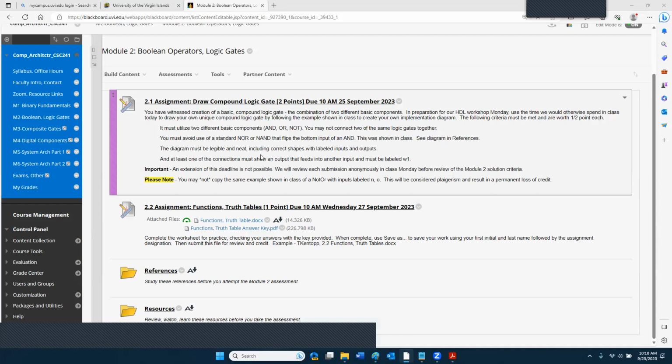essentially folks were supposed to draw their own diagram and then submit their own diagram. And then what we're going to do is, once everyone has turned in a drawing of their compound logic gate, as a class, we'll walk through a review of those drawings and offer suggestions or adjustments. So what are we saying? On Wednesday, once we get all of the